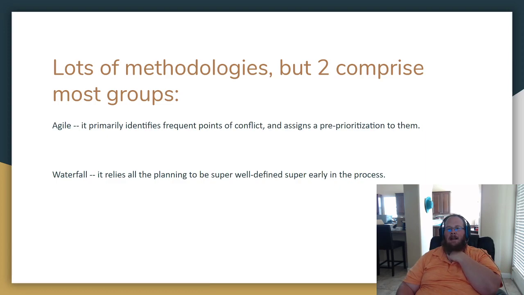So if you know what Agile and Waterfall are, you'll be mostly golden. There are a whole bunch of different methodologies for software development. There's spiral, chaos, test-driven, behavior-driven development. Primarily, you'll see Agile and Waterfall. The other ones will come up, but they'll come up as sub methodologies that exist within Agile or Waterfall. Like, we're an Agile house that does test-driven development, or we're a Waterfall house that does chaos development,